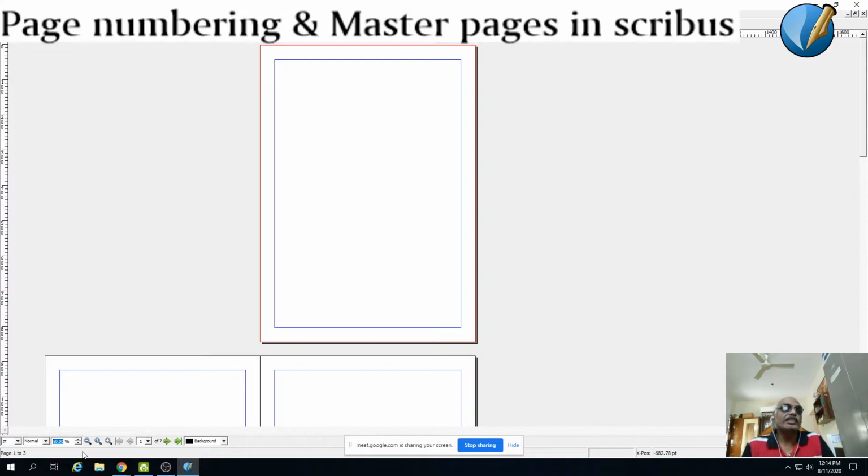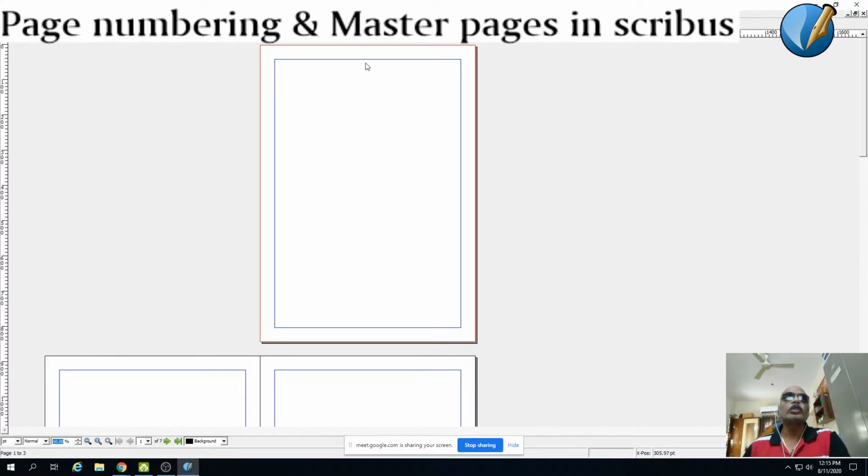That is the reason why the first thing you do before you even start creating a book is to create a master page. I repeat again, the first thing you do even before you start writing a book is to create the master page. The master page is where you fulfill all your design aspirations. Now I'm going to show how you create a master page.